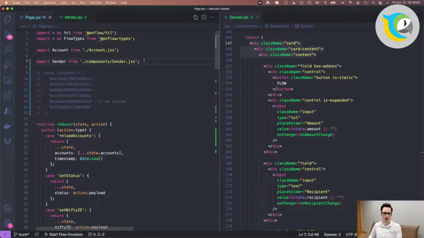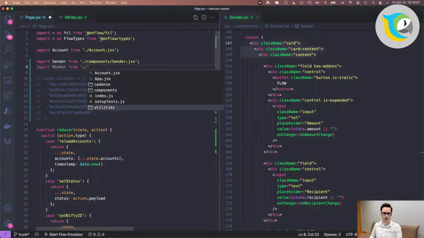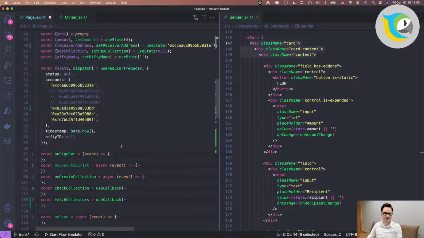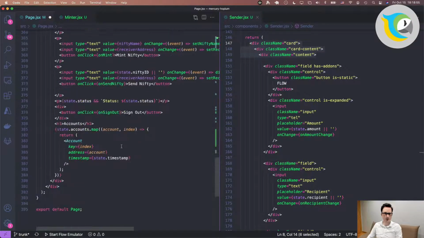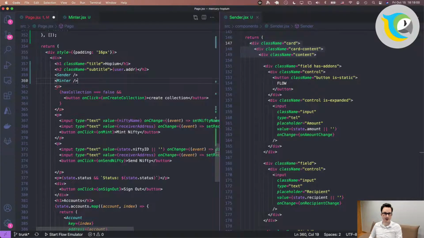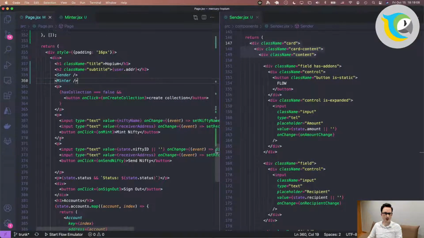We can start importing it inside of our app. So we import Sender. Let's import Minter from our components list, and at that point we can go ahead and include it. Okay, so now we have this card right here, and I wonder if we can space them out more neatly.